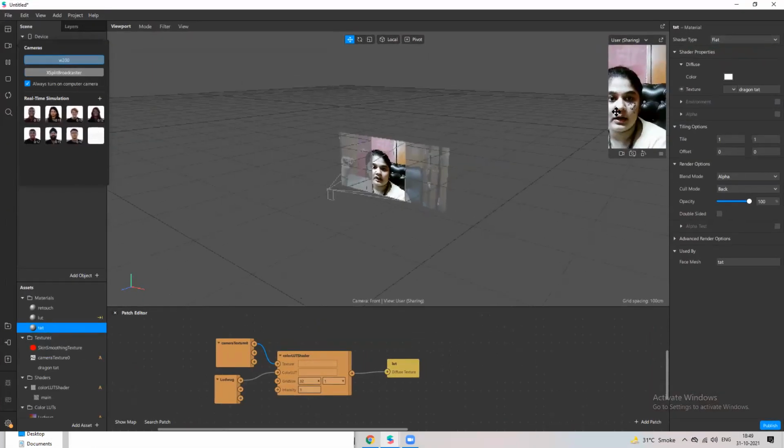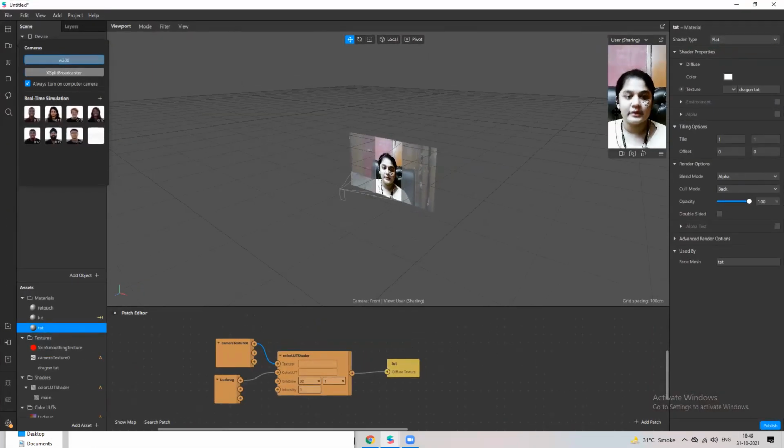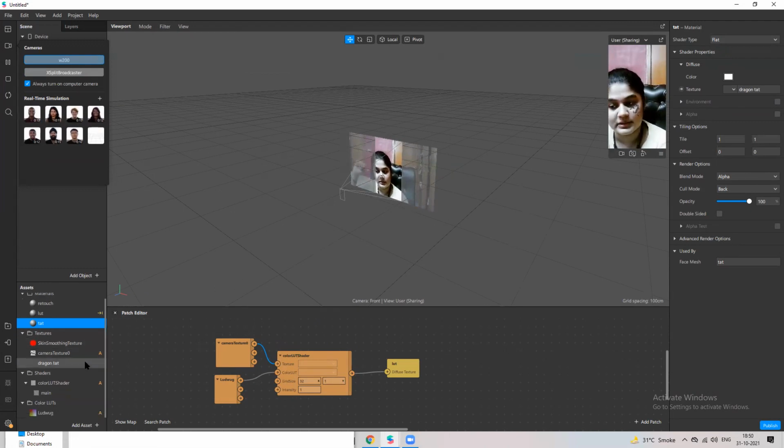Suppose I want to make a face beauty filter, I can make all the face beauty assets. I can make face tattoos. I can make color lenses too. So that's how you can use Photoshop to help better your filters basically.